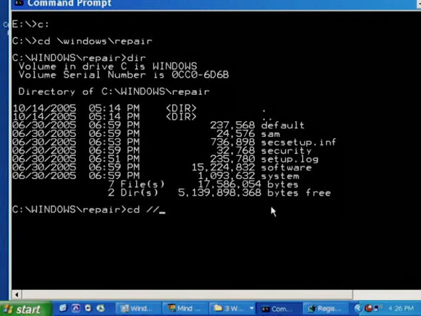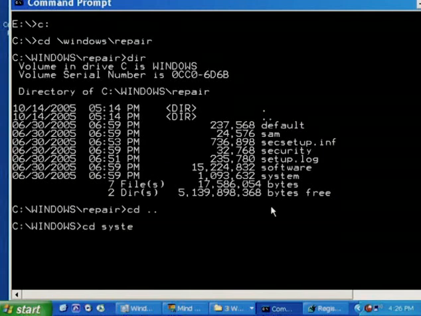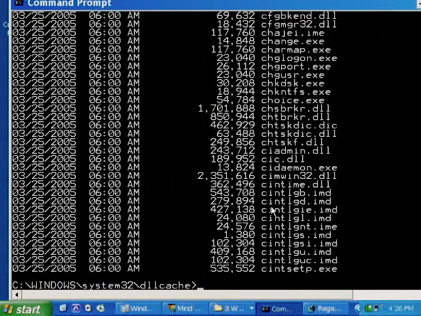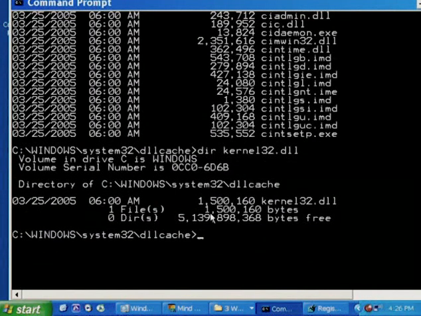Let's navigate into that directory on my system here. I'm going to open up a command prompt and navigate to System32 DLL cache. And you can see that there's a whole lot of directories and files in there. For example, kernel32.dll, one of the core Windows system DLLs. There's a backup version right there. So if that file was identified as being one that was corrupt, I could simply copy that out to the original location, which is under the parent folder, System32.